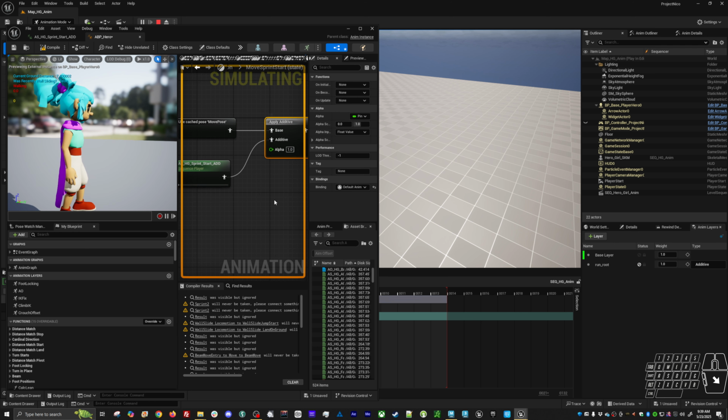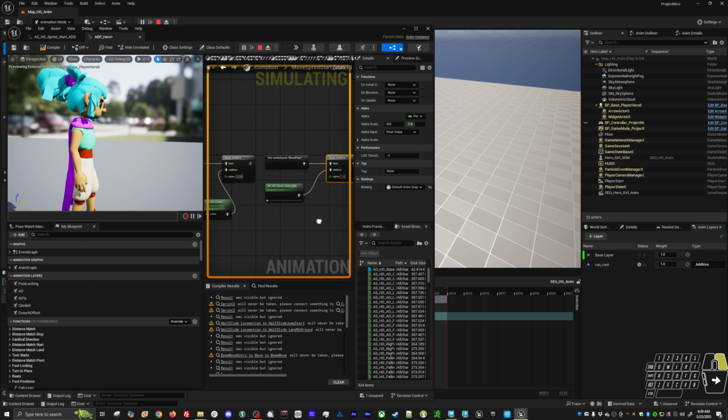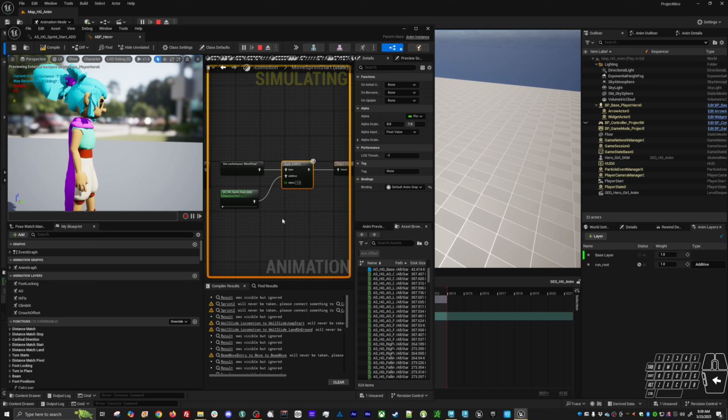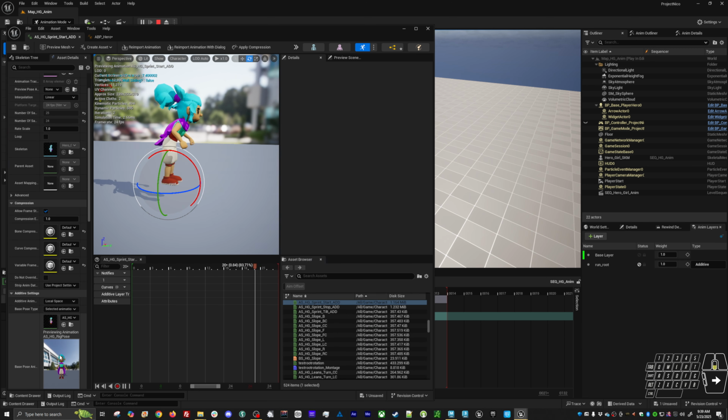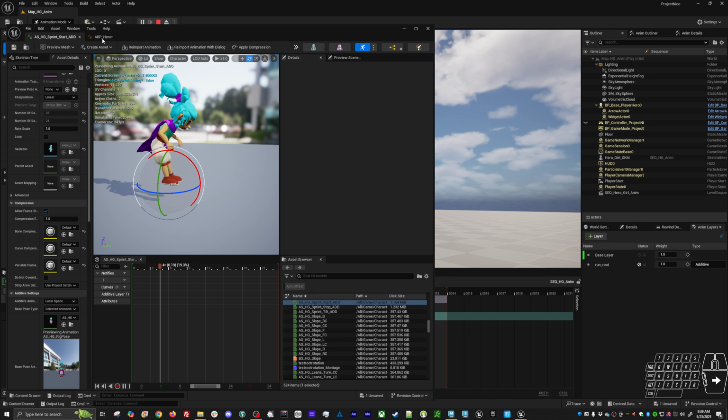Then just trying to see if there's any other parameters here. So that's as a base. Let's see, it looks like it's just our rig pose. Okay, so if we go back,